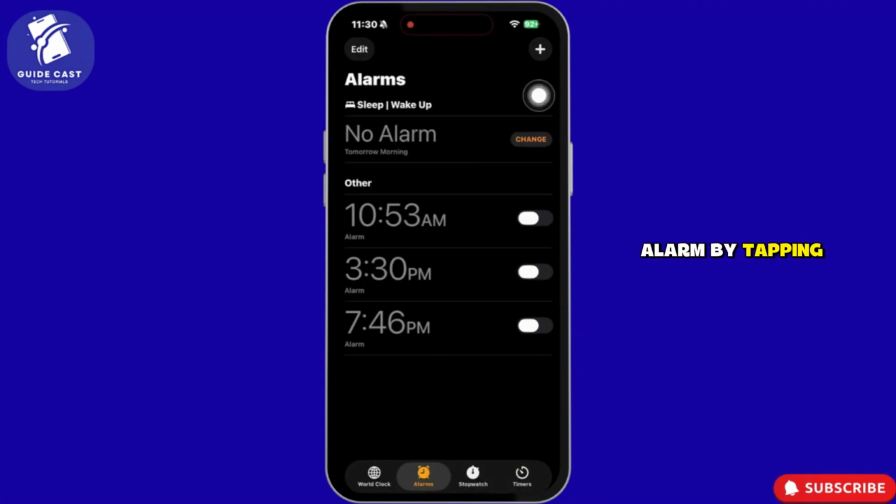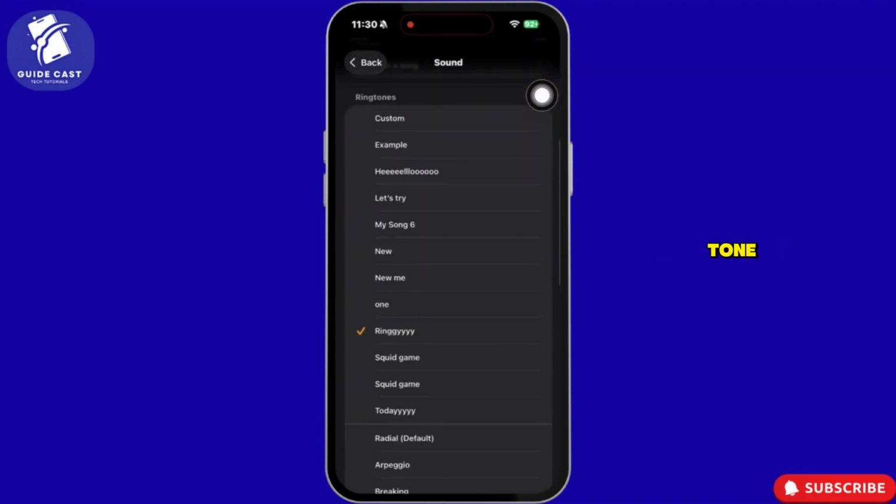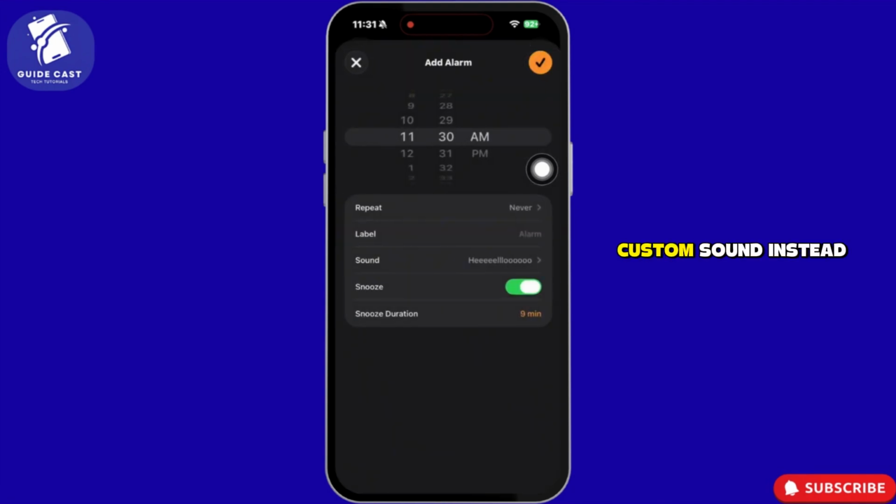Create a new alarm by tapping the plus icon. Tap Sound, scroll down and choose your new custom tone. Tap Save to apply. And that's it. Your alarm will now play your custom sound instead of the